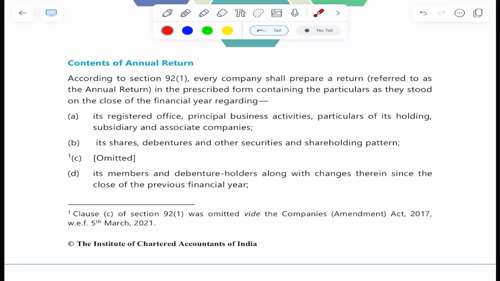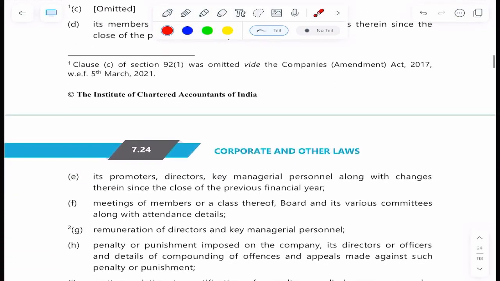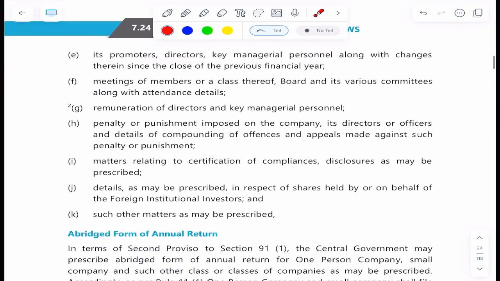Containing the particulars as they stood on the close of the financial year regarding its registered office, principal business activities, particulars of its holding, subsidiary and associate companies, its shares, debentures, and other securities and shareholding pattern. Its members and debenture holders, along with changes therein since the close of the previous financial year. Its promoters, directors, key managerial personnel, along with changes therein since the close of the previous financial year, meetings of members or class thereof, board and its various committees, along with attendance details,